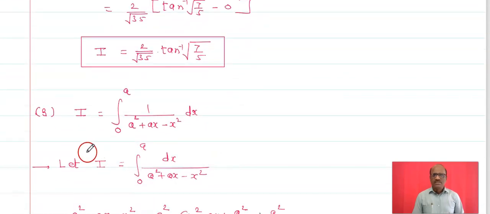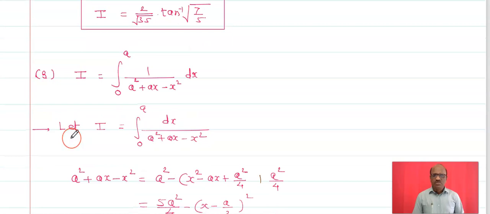Now next is question number 3. I is equals to integral 0 to a, 1 upon a square plus ax minus x square, dx. Now in this case I is equals to integral 0 to a, dx upon a square plus ax minus x square,